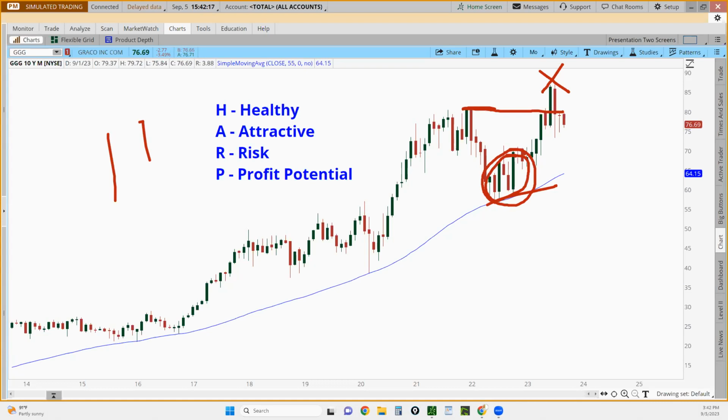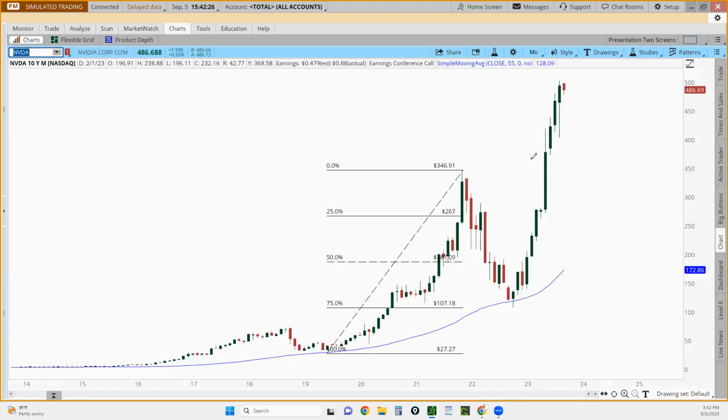If you think about, let's go back to NVIDIA. When did people first start talking a lot about NVIDIA? Wasn't it until recently that everybody started talking about NVIDIA? When I was talking about NVIDIA back in October, November of last year, almost nobody was talking about NVIDIA. But all of a sudden, when it hit that all-time high, boom, the whole world is now talking about NVIDIA, artificial intelligence, et cetera, which is okay. My whole thing is we want to get in way before the media talks about it.